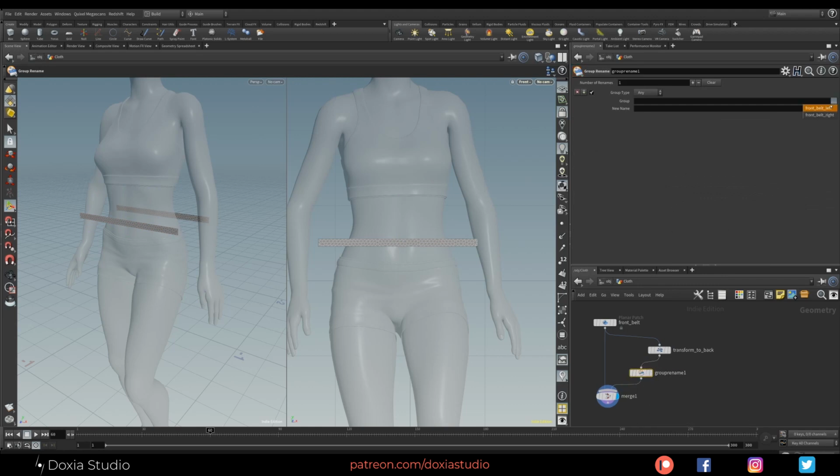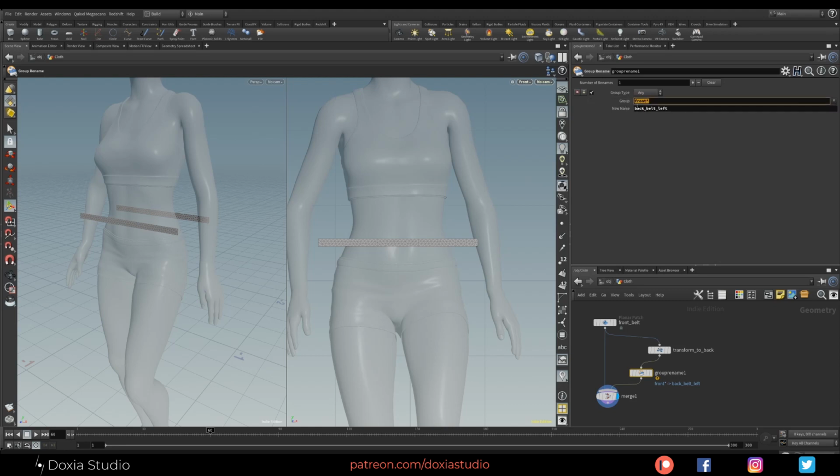And instead of picking this one and then copy pasting and changing it to back, and doing this again for the right one, we can simply go here and put front and this symbol, how do you call this in English? Asterisk? Star? I don't know.